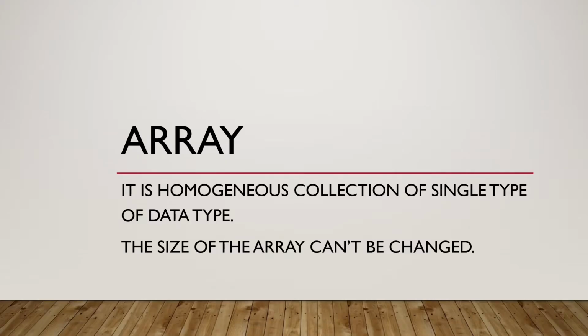So an array is just a collection of homogeneous data type. Like we have the integer data type, so it will be a collection of integers. If we have taken 10 integers, it will be a collection of 10 integers in the list. And the array size cannot be changed. While declaring, if we give the size as 10, it will remain 10 throughout the program.